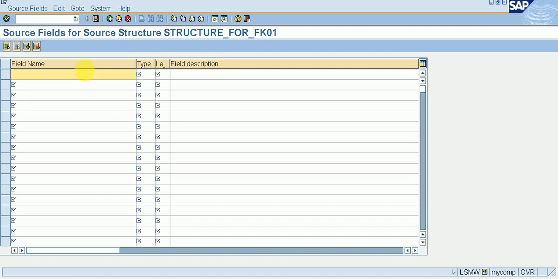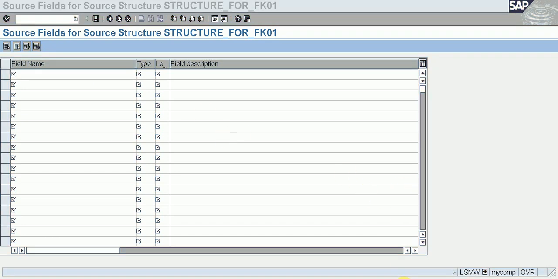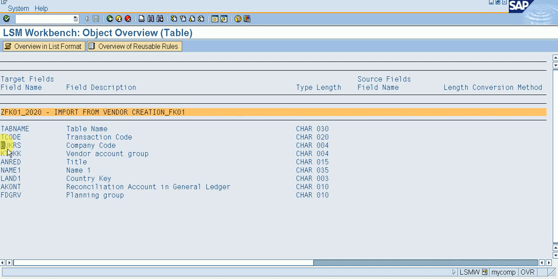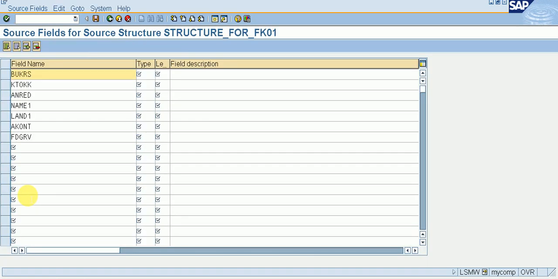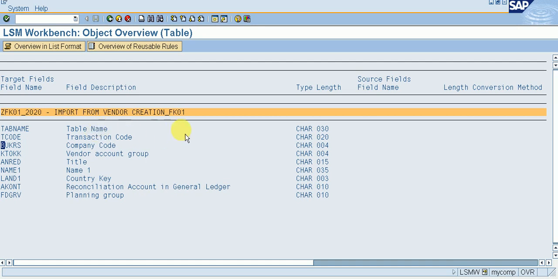Okay, same copy, paste for type. So I need to copy C only.